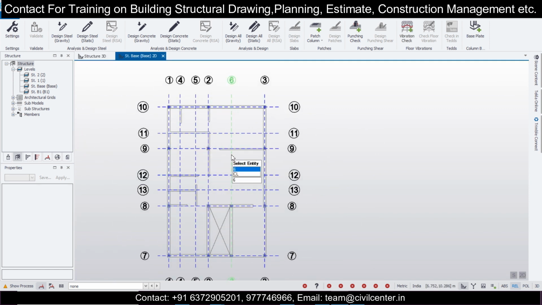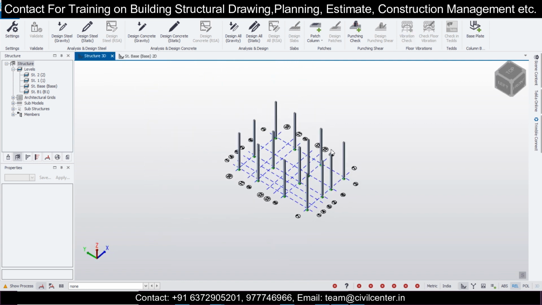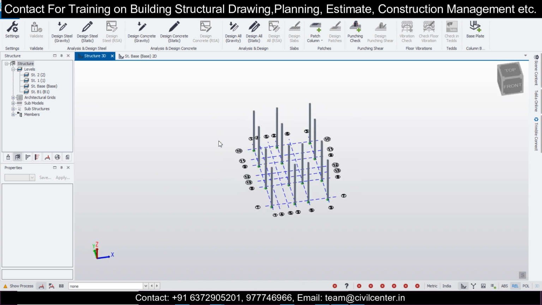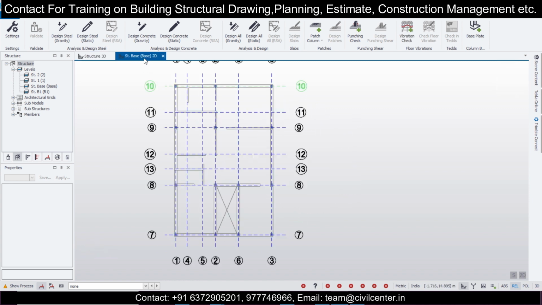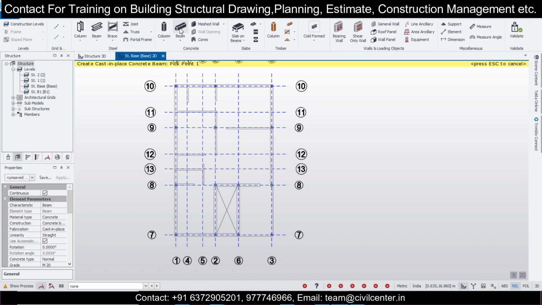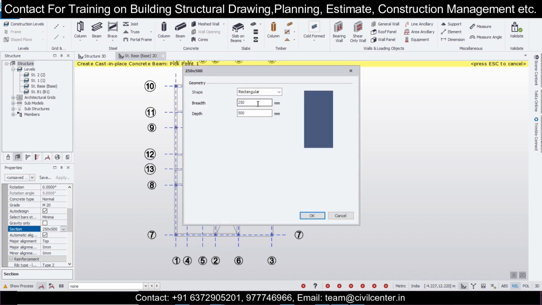And after going to the structure base, we'll click on escape, and since the columns have been defined, we'll next go for our beams. So we'll go to the base and we'll select the model and we'll go to the beams here, take the beam, double click on it, and then define the size of the beam. So the size of the beam we're going to take as 10 inch into 12 inch.